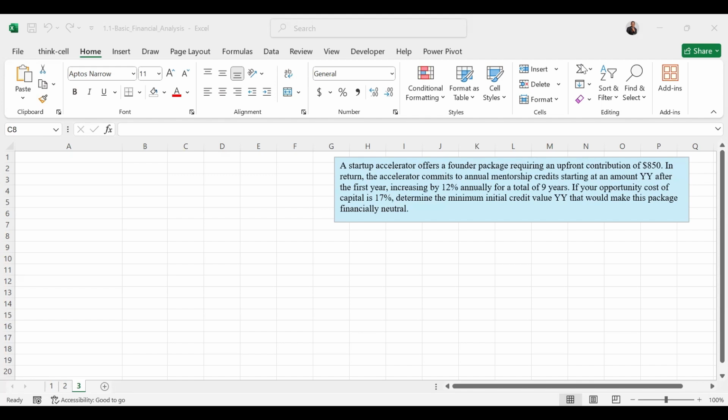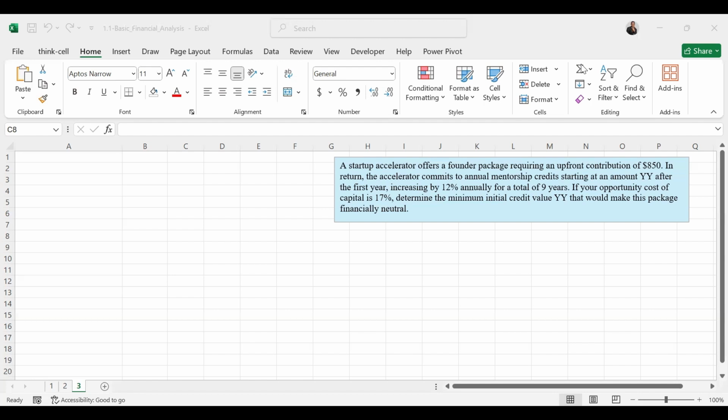So the problem states: a startup accelerator offers a founder package requiring an upfront contribution of $850. In return, the accelerator commits to annual mentorship credits starting at an amount YY after the first year, increasing by 12% annually for a total of 9 years. If your opportunity cost of capital is 17%, determine the minimum initial credit value, YY, that would make this package